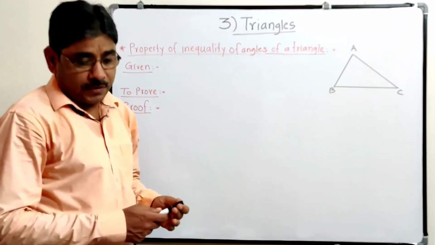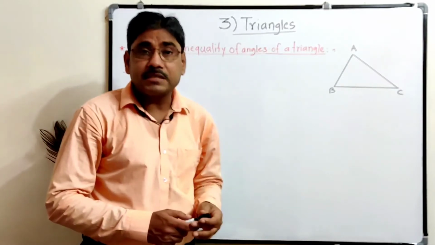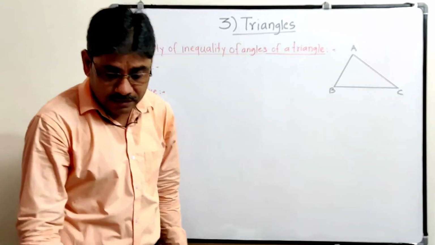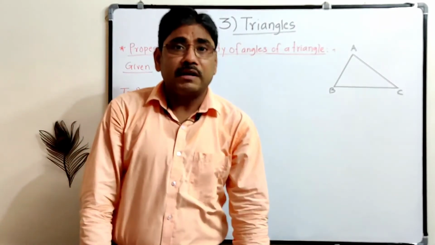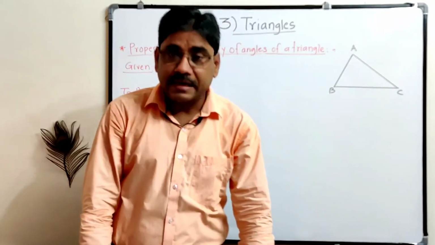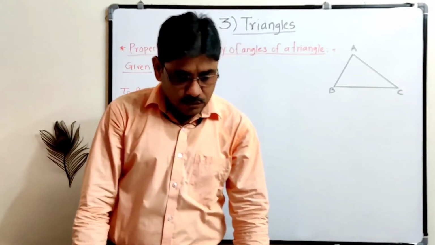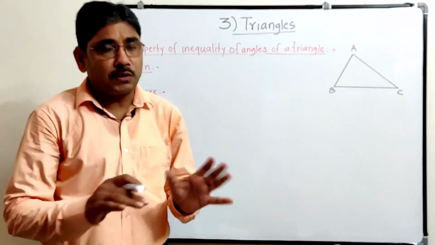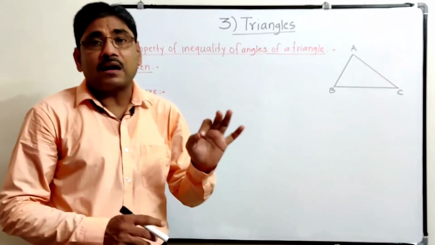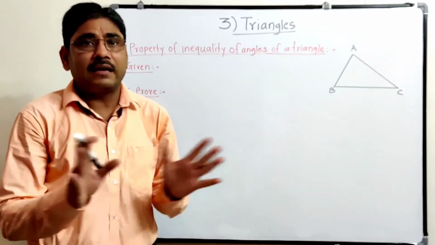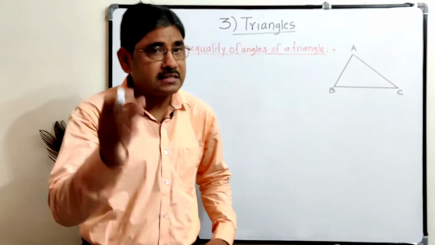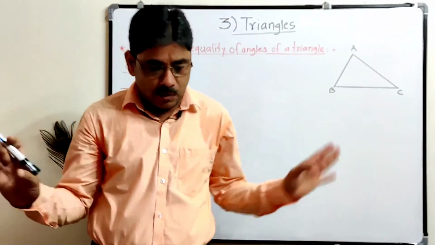and the smaller angle is smaller. So here, what is given in triangle ABC? What is the statement? Listen to the statement first. It is given in the book, and the theorem is given like an activity. We have to fill in the blanks, but I am writing the whole proof. We have to complete the fill-ups only. If two angles of a triangle are unequal, meaning two angles are different, not equal, then the side opposite to the greater angle is greater and the side opposite to the smaller angle is smaller. That we have to see.